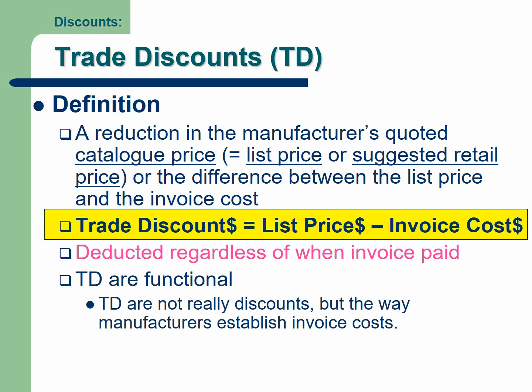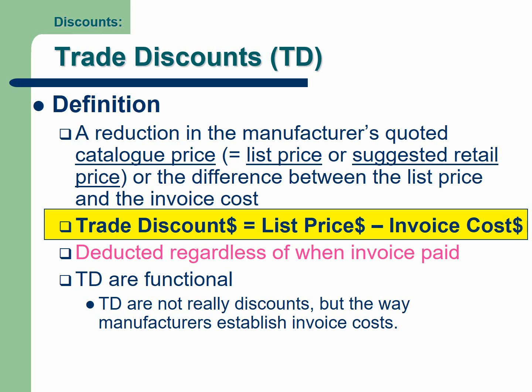Trade discounts are considered more functional because trade discounts are not really discounts. If you think about it, the list price is a suggested retail price. When we talk about vendors giving discounts to the buyer, we don't necessarily mean taking discounts off the retail price, right? We mean, given the cost that the vendor is usually charging, how much more discount is taken off for this particular buyer. That's what we usually consider as discounts.